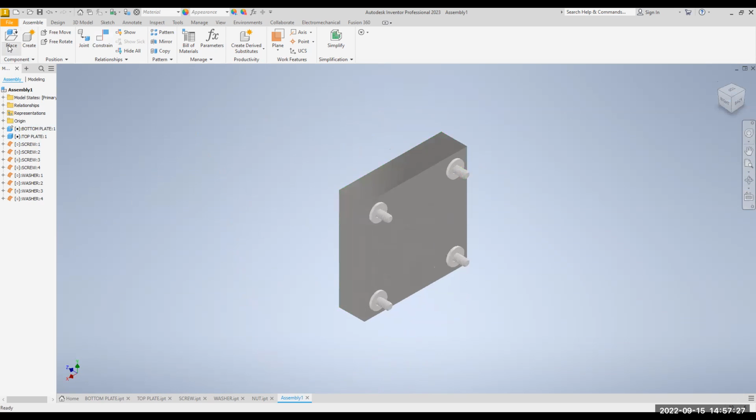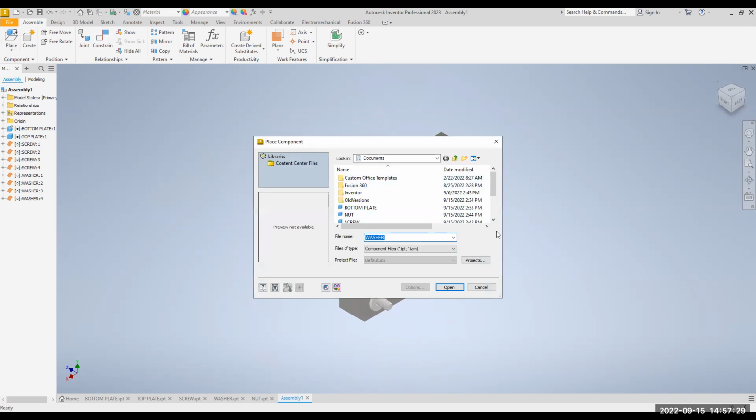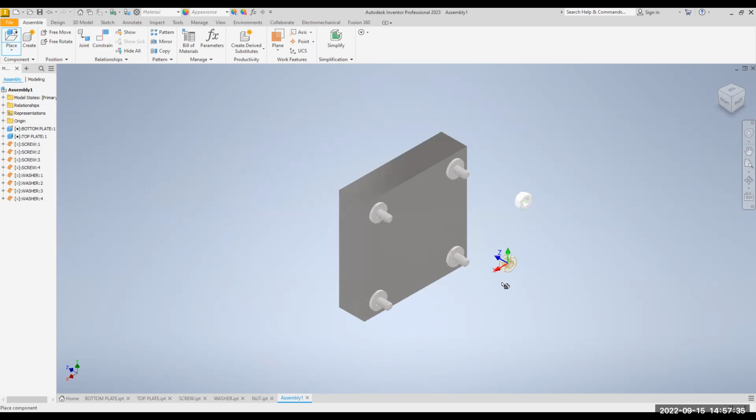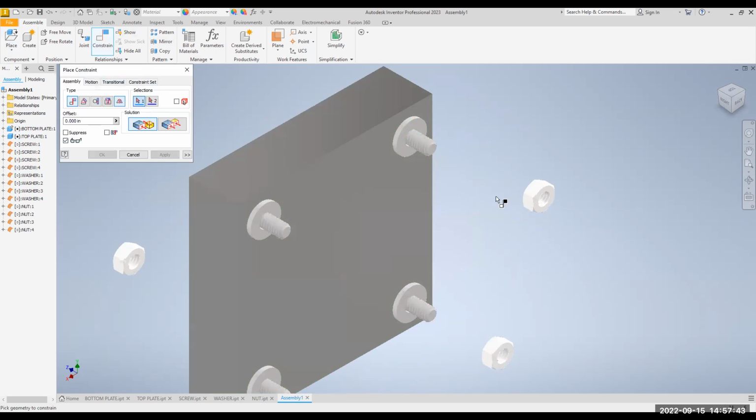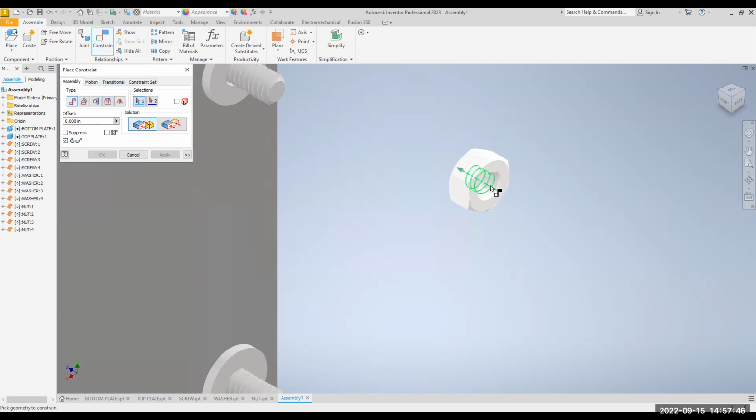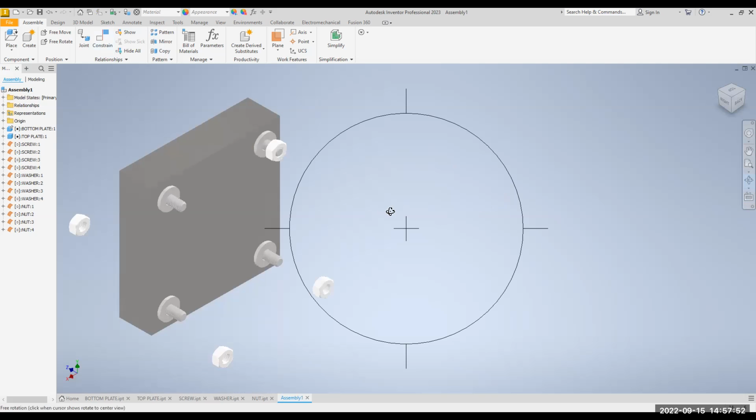I'm going to go ahead and bring in the nut now. Nut, open, and we got 1, 2, 3, 4. All right, so constrain, hover, center line, click, hover, center line, click. Okay, now